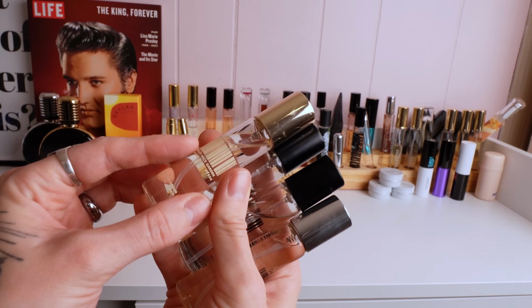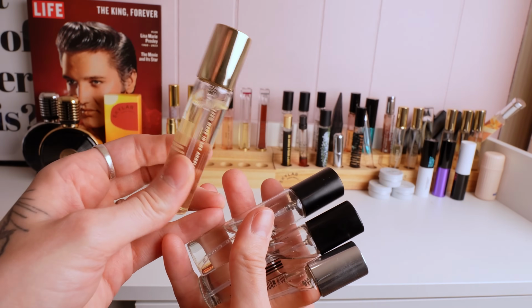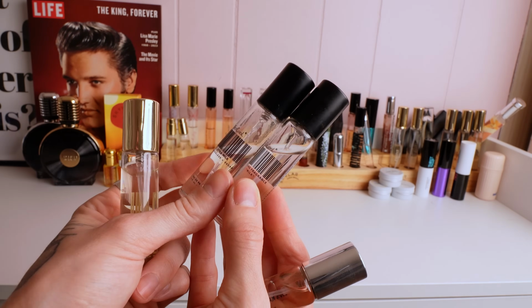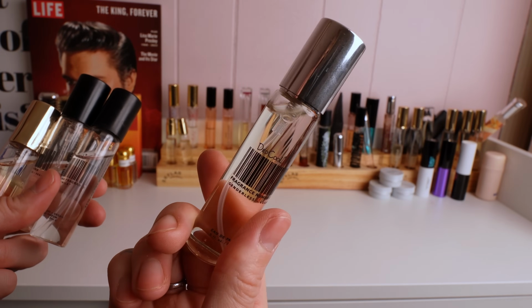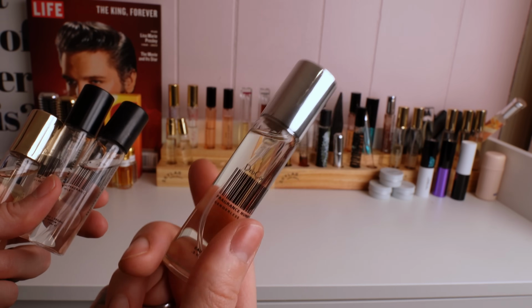I have 4 from Dead Cool. This is Smiley Face Garden. This is very green and fresh and floral. I have Milk and Extra Milk. These are the Your Skin But Better, good for layering fragrances. And I have blonde, and this one reminds me a bit of a green version of Givenchy Haute Couture, the